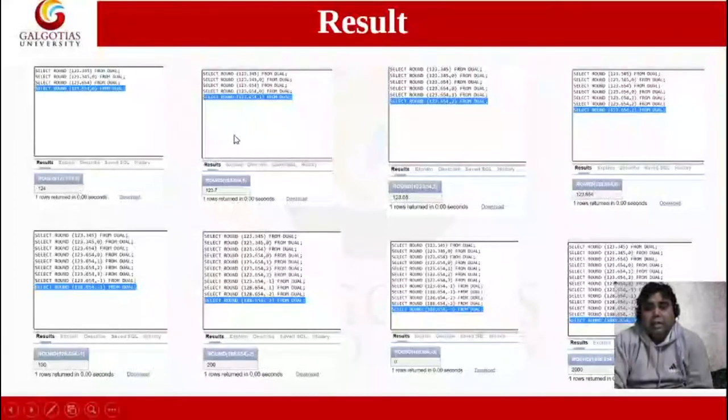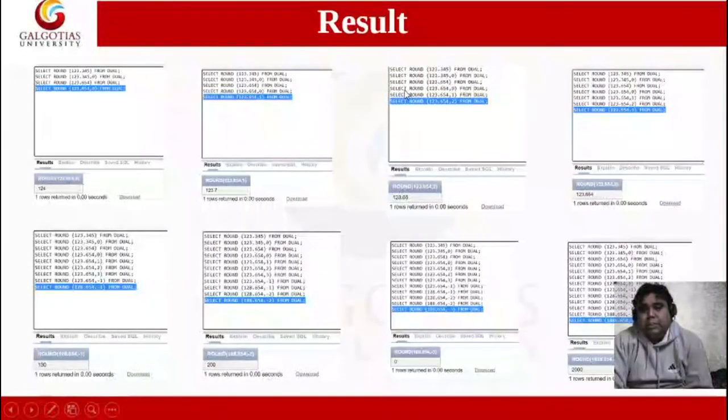Now if I use the round function as select round 123.654, 0 from dual, what will be the output? Again, if I use select round 123.654 from dual, then the output will be 124.